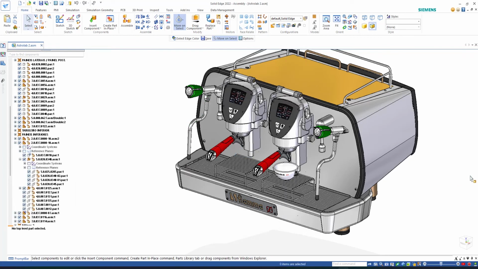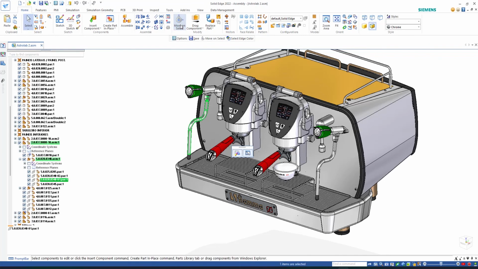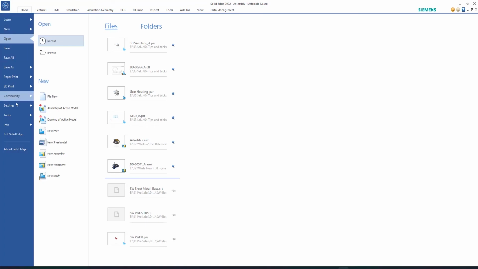Very useful tool. Another thing is the steering wheel here. Sometimes you don't need it. You can always come back and turn it off. See that right there? Now it's turned off. So in case I don't need it, if you wish to change the viewing cube there, you can always go back to